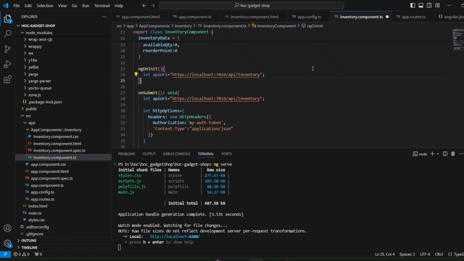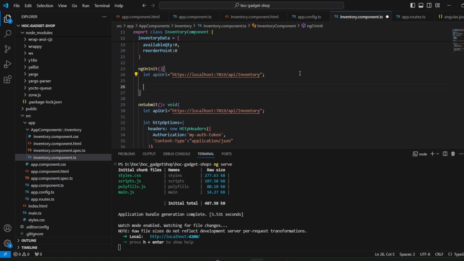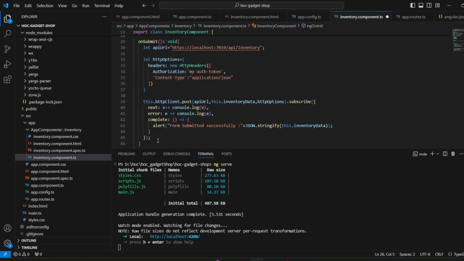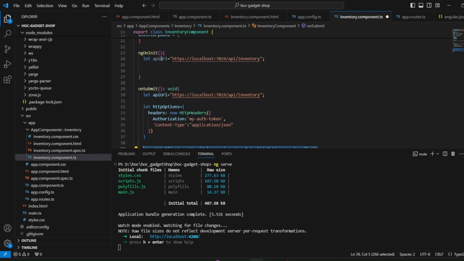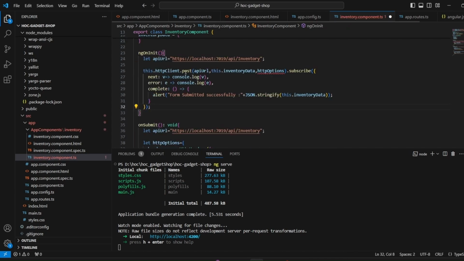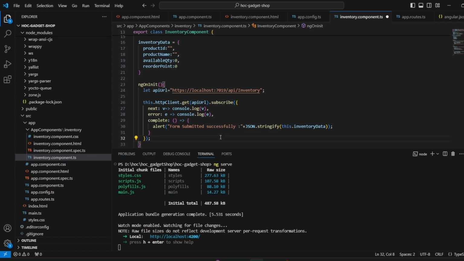So let's make the changes for get call using this HTTP client that we had used earlier. And this is going to be a get call. We don't need to pass any headers or the body. We just have to mention the URL. And over here we'll only need to have the response of this get method.